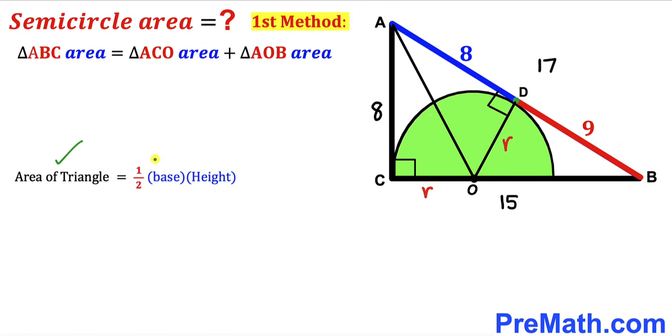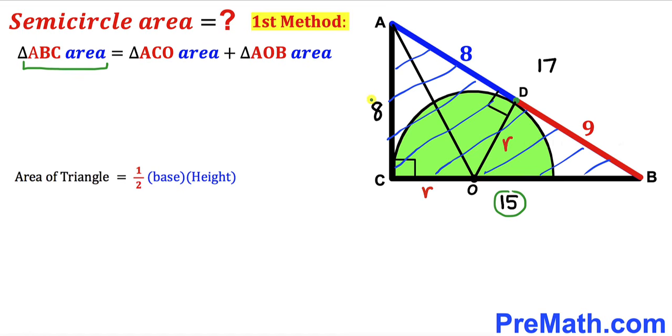Area is always equal to half times base times the height of the triangle. And now let's focus on this triangle ABC. Its base is 15 and the height is 8. So therefore triangle ABC area is going to be a half times 15 times 8, which is going to be equal to